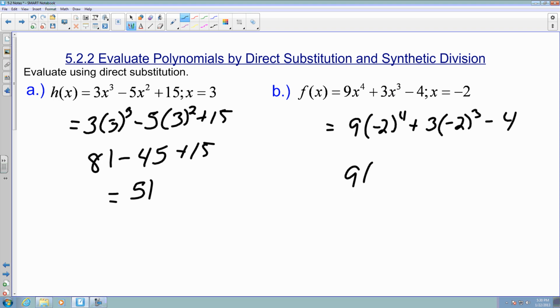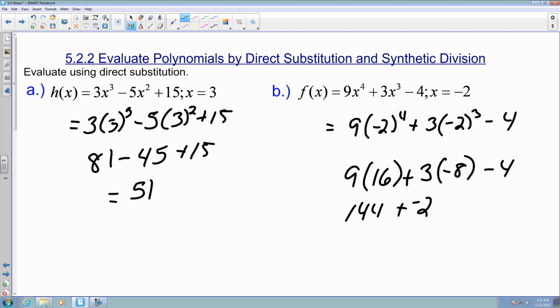So I got 9 times, this will be a positive 16, plus 3 times a negative 8 minus 4. We're going to do multiplication, so that's 144, plus a negative 24 minus 4. And this ends up being 116. Okay, so that's how we would solve using